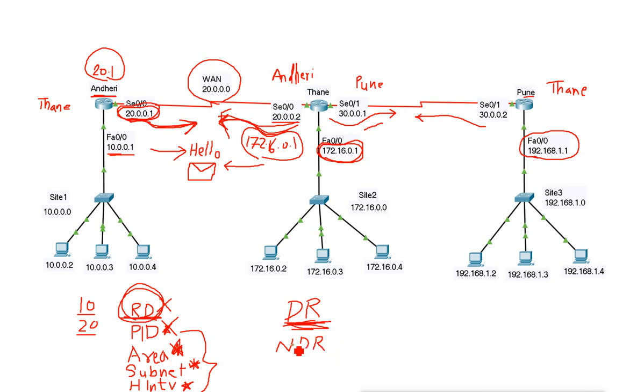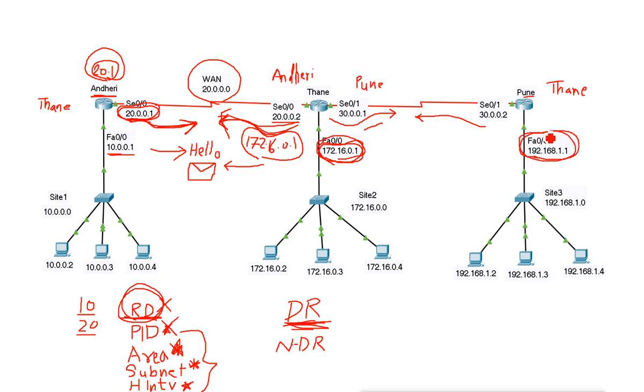So all the other routers become the non-designated routers. How do they decide? They decide based on the router ID: the router with the minimum router ID will become the DR. In this case, the Andheri router was sending its router ID, the Thane router was sending its router ID, and the Pune router was sending its router ID.